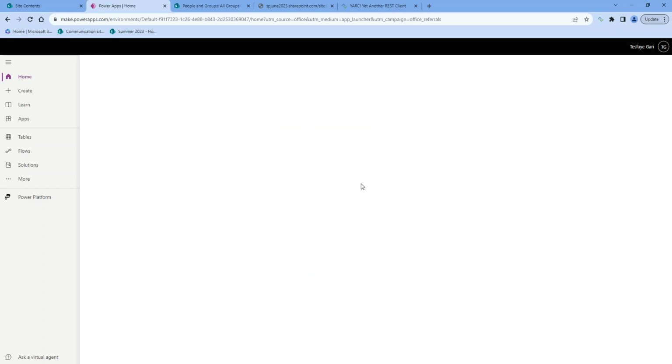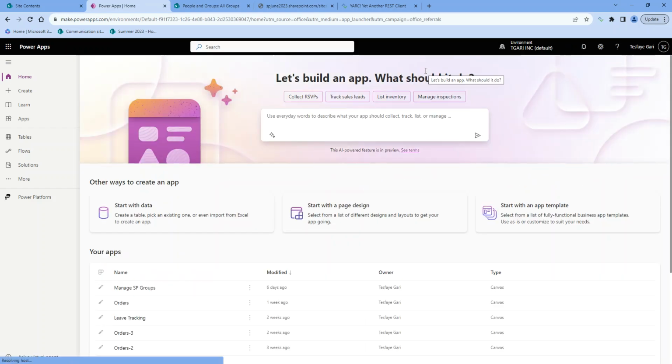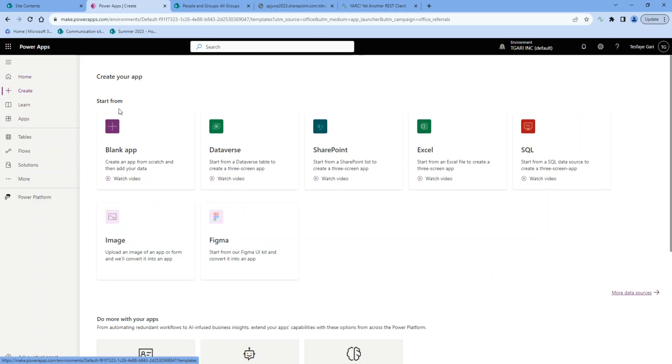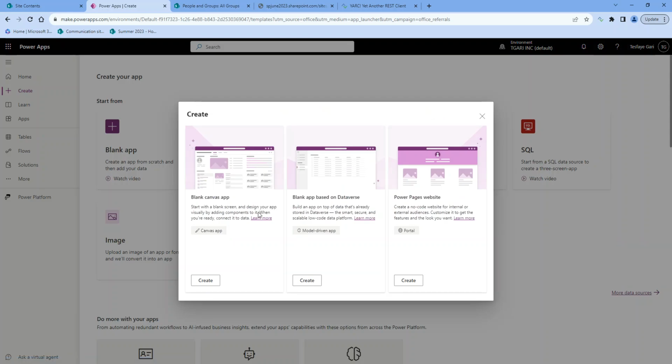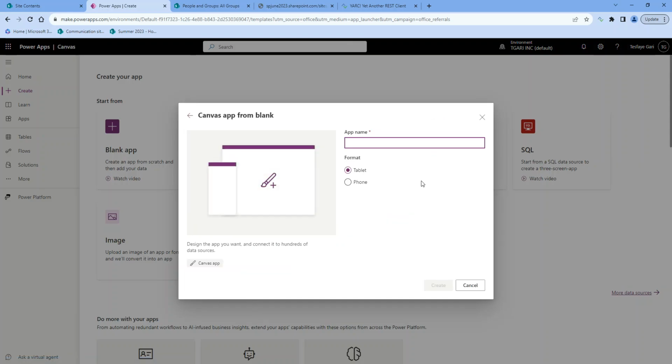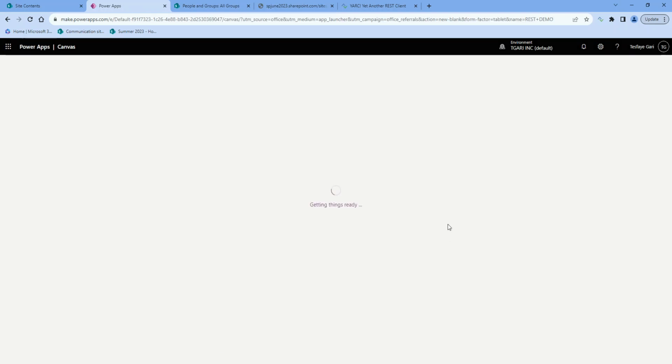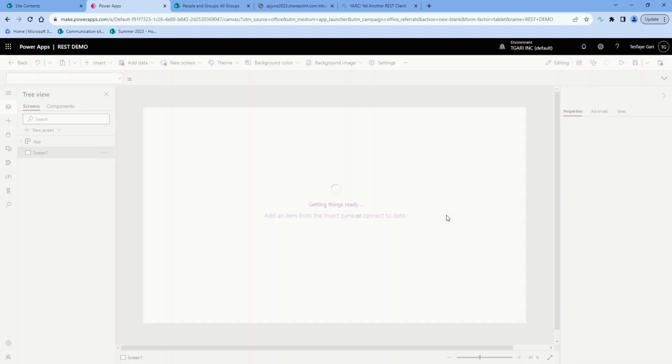let's say you have a REST API, and there is a mechanism to interact with SharePoint. The mechanism to interact with SharePoint without using the UI is REST API. And when we work with Power Platform, like Power Apps for example, if I go create a blank app in Power Apps, I'm going to create a Canvas app and call it REST API demo. Okay, I'm going to create the REST demo app